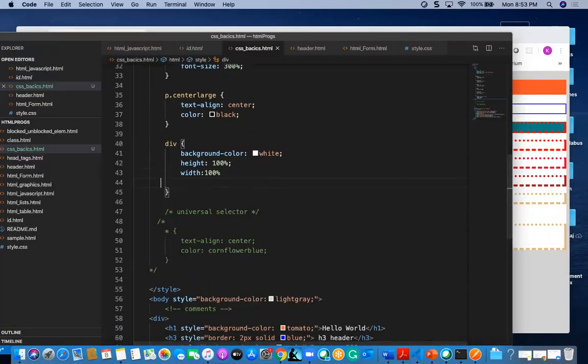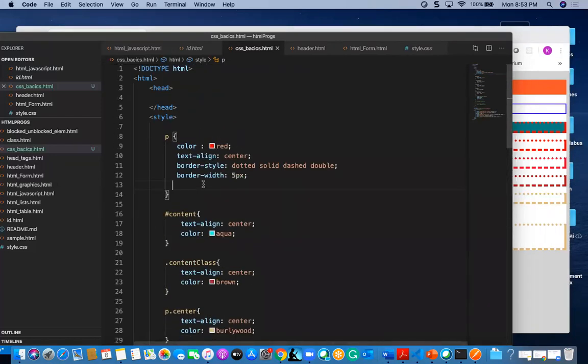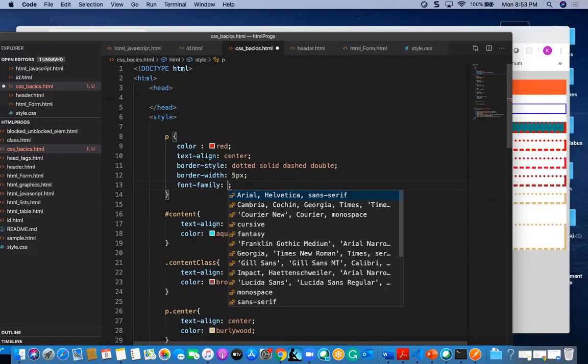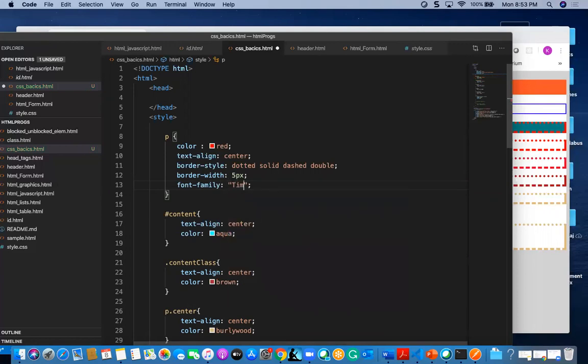One more thing, for the para I am going to mention font-family, and it is Times New Roman.